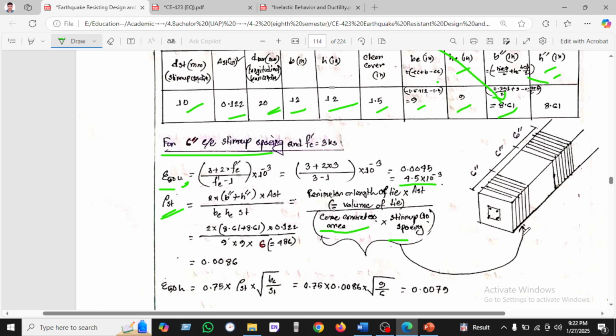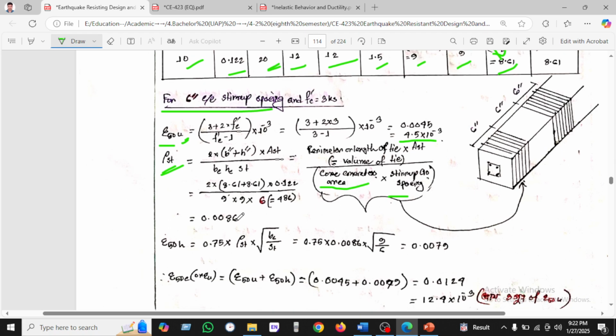Okay, we can see in this picture it is given clearly, and putting all these values,